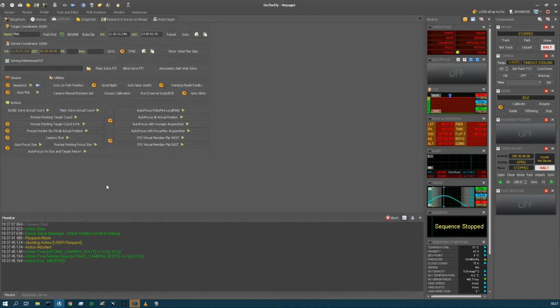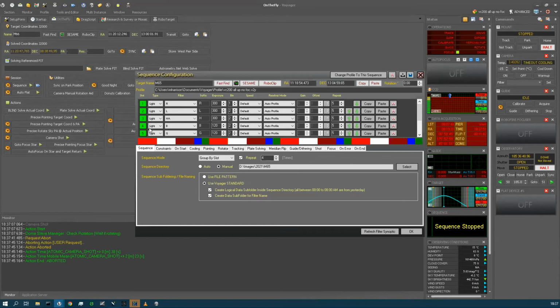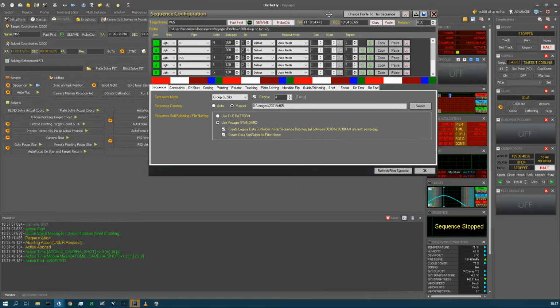Oh, lovely noises. So the key, I guess, is the next thing to look at is things like sequences. The key thing between lots of different software is just buying into their way of thinking about how to approach the problem. So SGPro will have one way of doing it, Maxim will have another way, and the question is whether you'll be familiar or comfortable with their thought approach. So Voyager is all about sequences, and what you do is build a sequence by setting up an object, getting the coordinates from your favorite source,